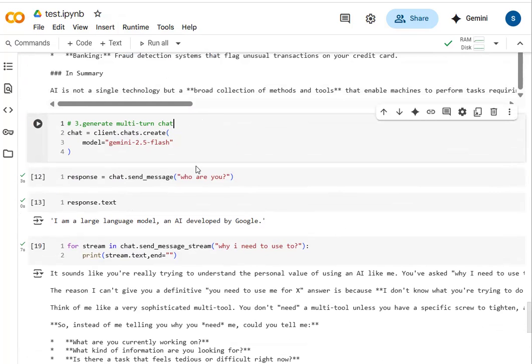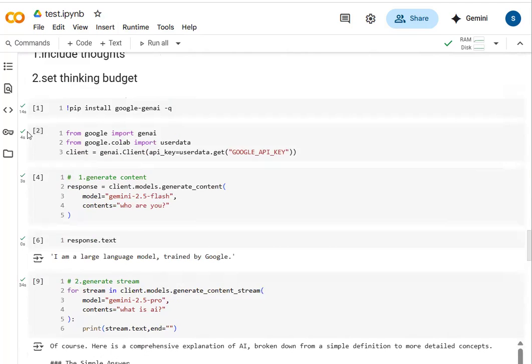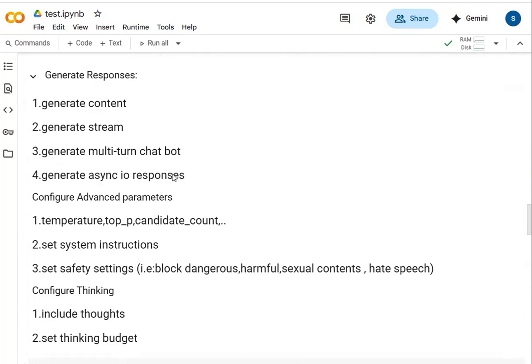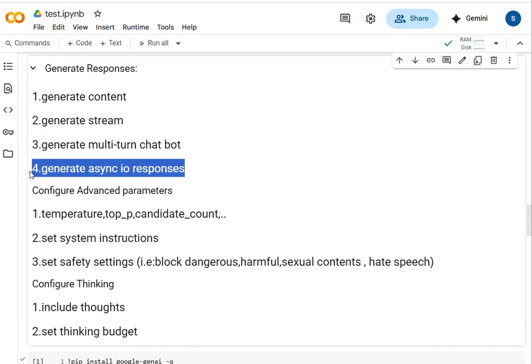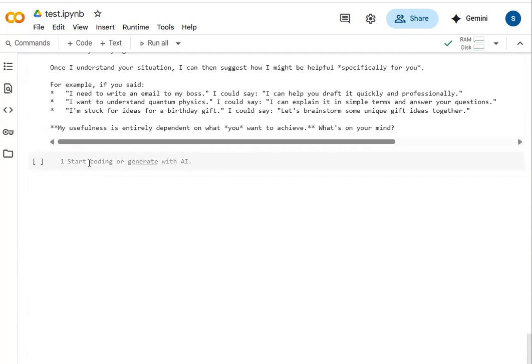Then the fourth one is generate AsyncIO response. How to generate asynchronous input output responses. This is required when you are hosting a real-time application. During that time, the request will be asynchronous, and after the request came, the response will be sent back. That means it's an asynchronous protocol. So during that time,